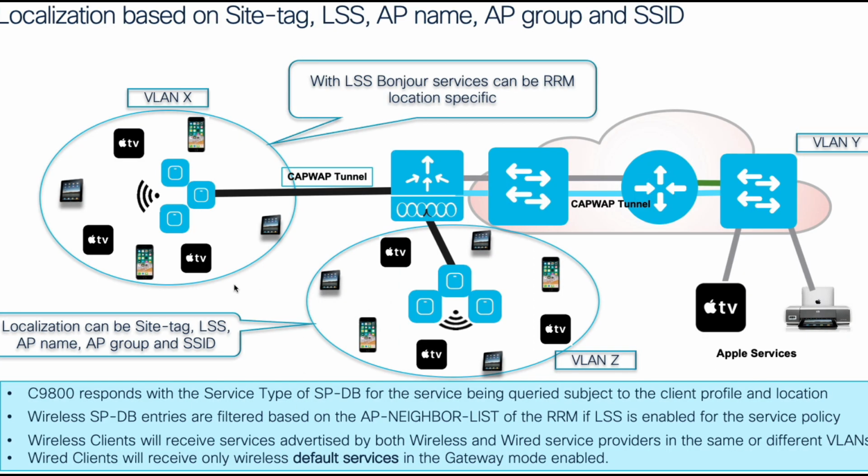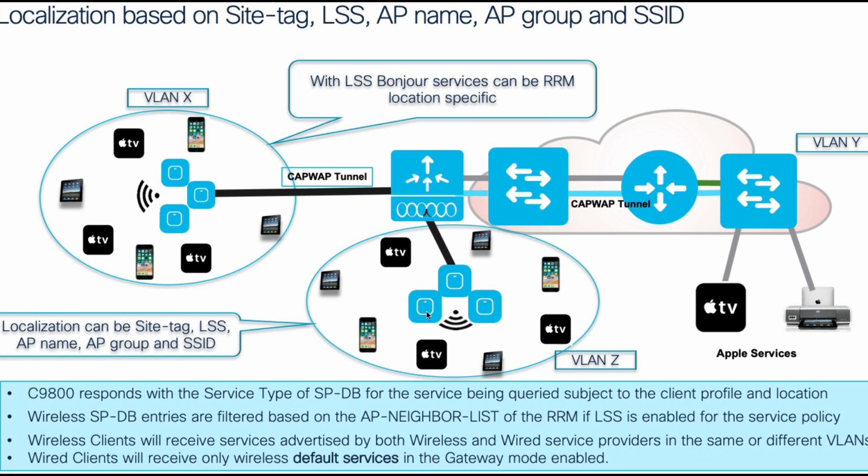So as I mentioned before, you can create these location services based on different parameters. Previous parameters available with our services and DNS services were location-specific services, or LSS we call them. And these are based on the AP neighbor list of the RRM. So basically any clients connected to, say, a specific group of APs would be able to use the services, no other